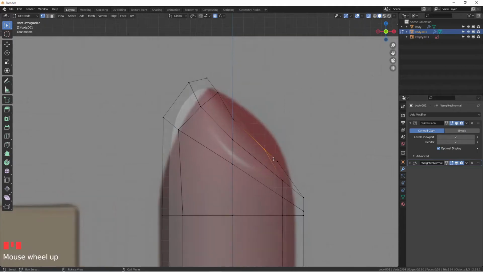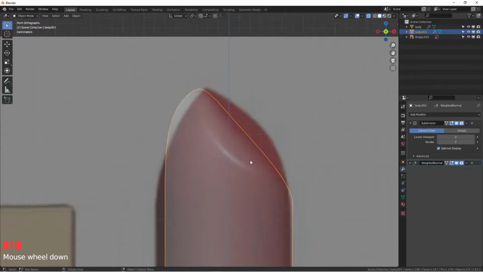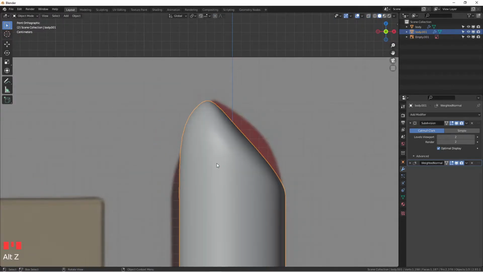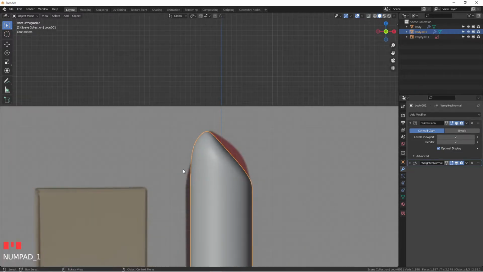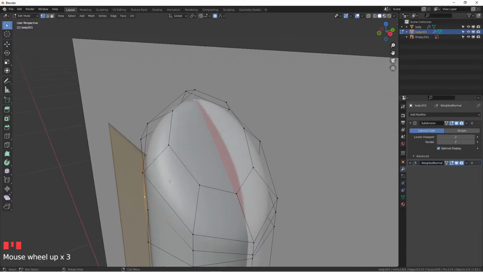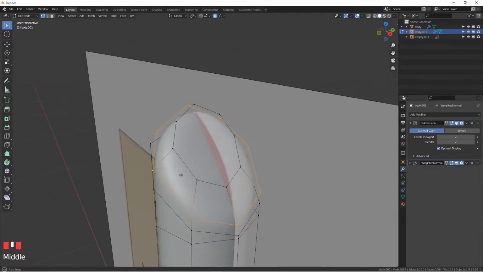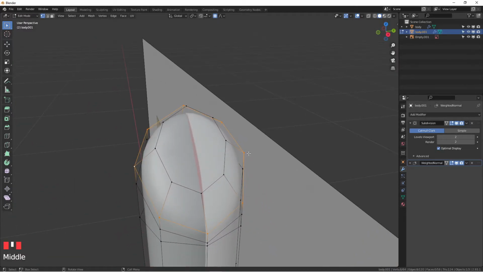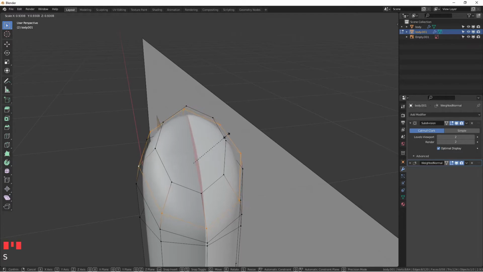You're supposed to pay attention to all these details. But for the sake of this tutorial, that looks okay to me, and I want this edge to get a little bit narrower, so I'm going to scale it down a little bit. I can turn the proportional editing off, just hit the O key,